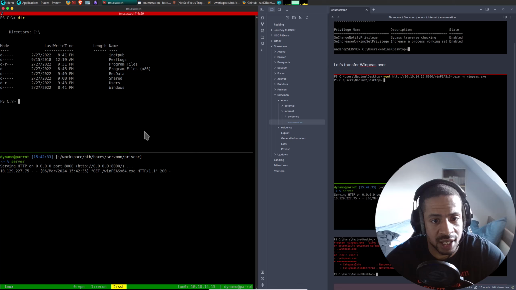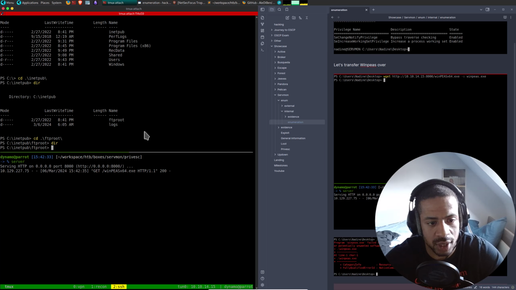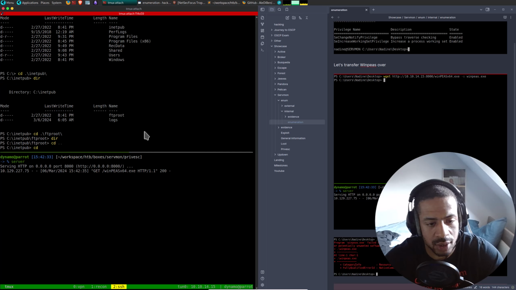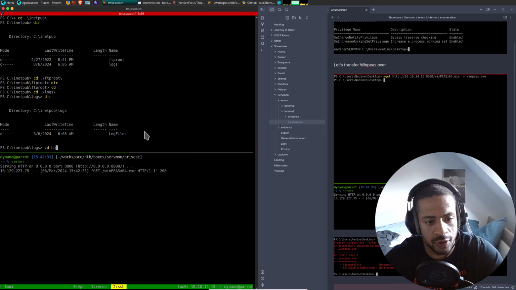So let's list what we have here. We've got the web root. Let's go into that. FTP root. Let's go into that. Nothing. Let's go into logs. Log files.